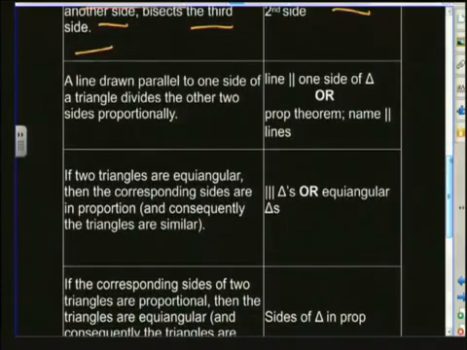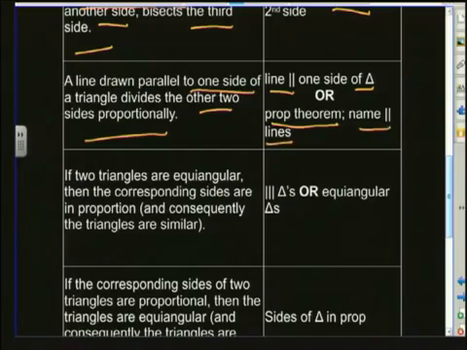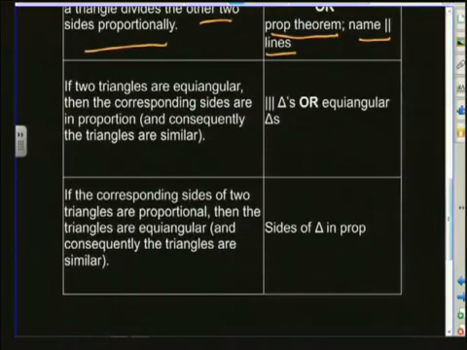The next theorem statement: a line drawn parallel to one side of a triangle divides the other two sides proportionately. As your acceptable reason, you can either use line parallel to one side of a triangle, or you can call it the proportion theorem, with proportion abbreviated as prop, or you could simply name the parallel lines. The next theorem statement: if two triangles are equiangular, then the corresponding sides are in proportion and consequently the triangles are similar. As your acceptable reasoning, you can either say similar